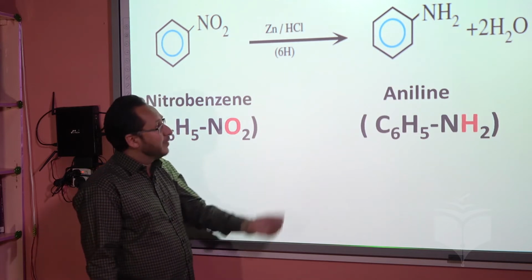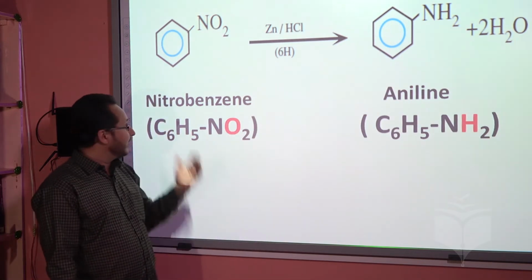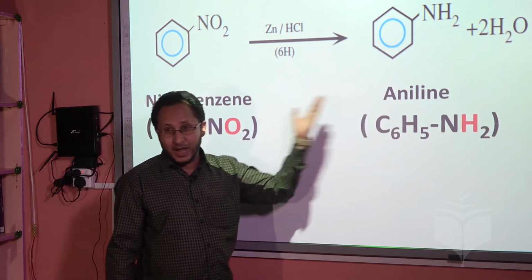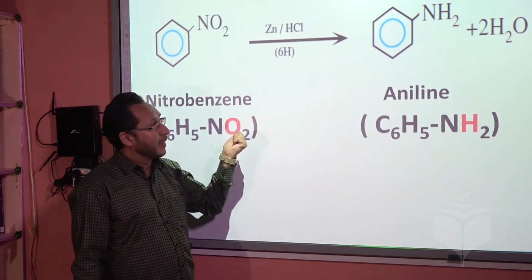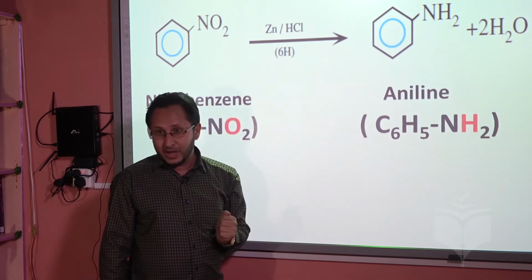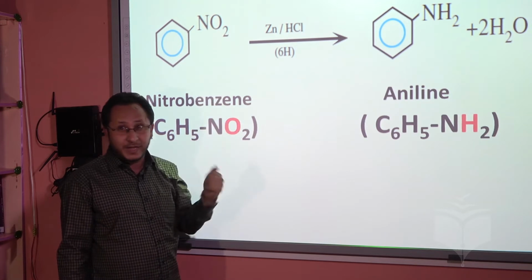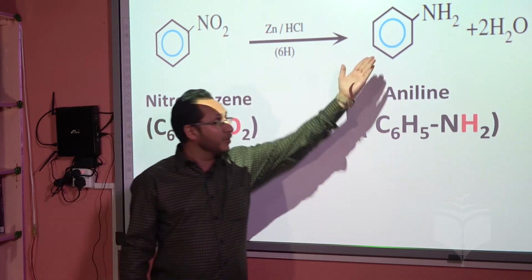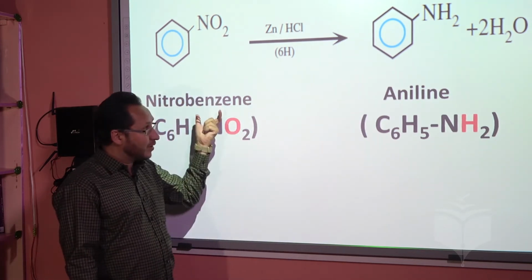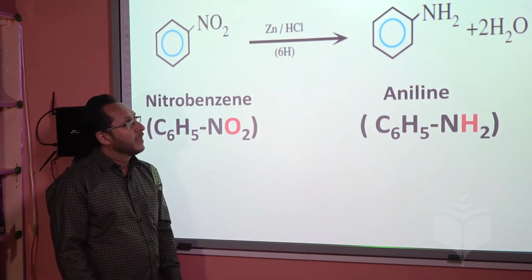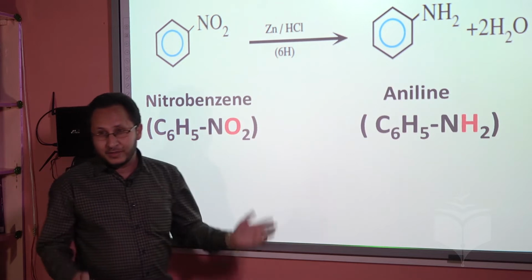In the exam, maybe the question is: reduction of nitrobenzene gives aniline. So you have to memorize this formula or the word only. Another question may be: reduction of nitro groups gives, so the answer is amino group. But if you have a specific compound, you have to mention the specific name. So these are the two methods for